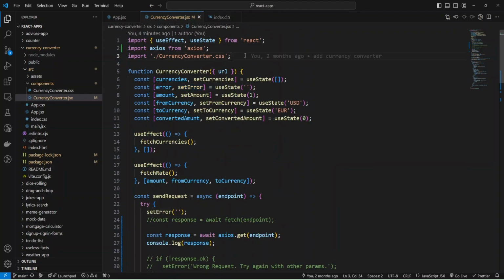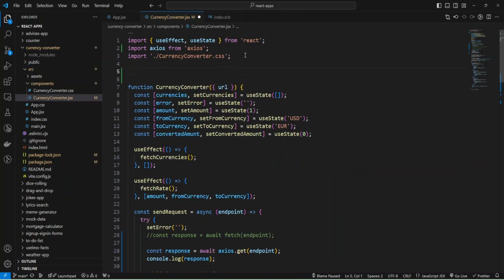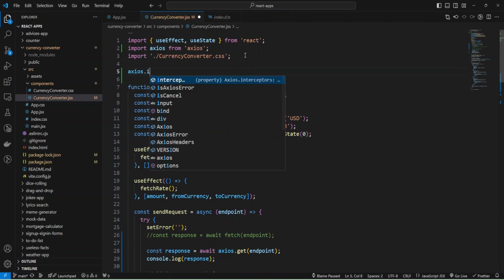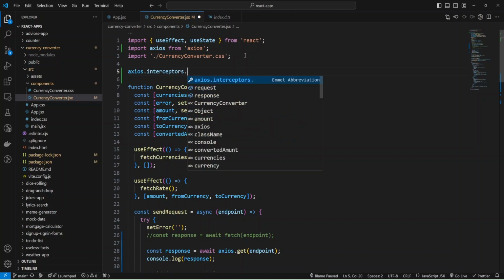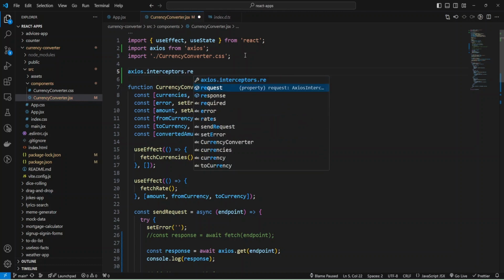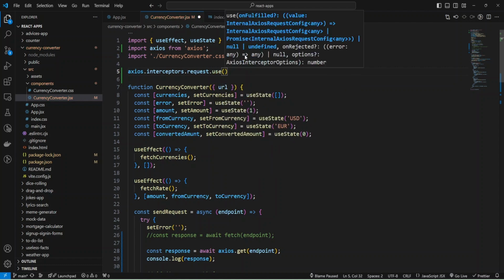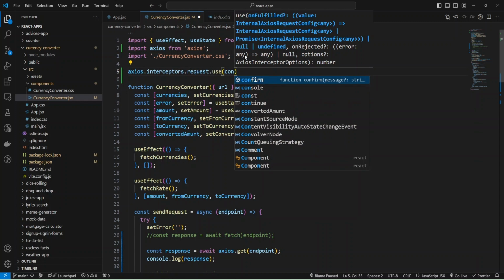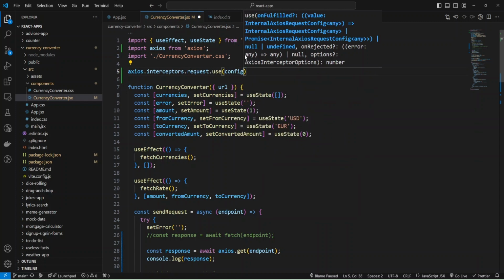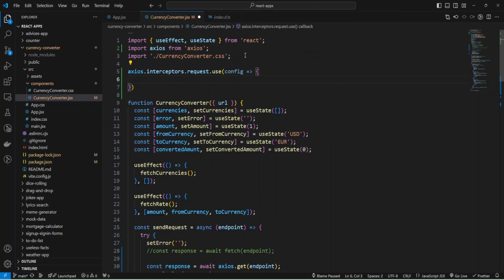I can add interceptors to my Axios code using axios.interceptors, and add them to request, and add the use function, and provide config, and I can return some code.